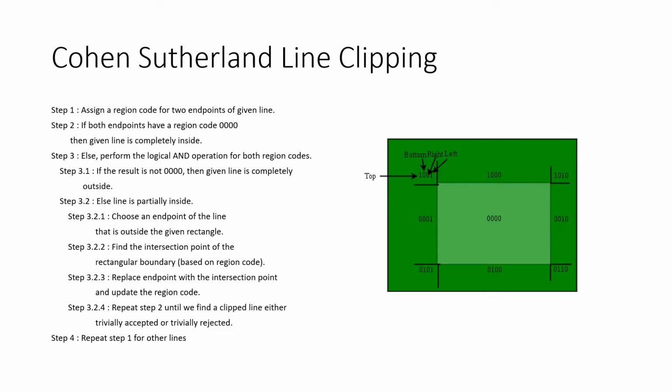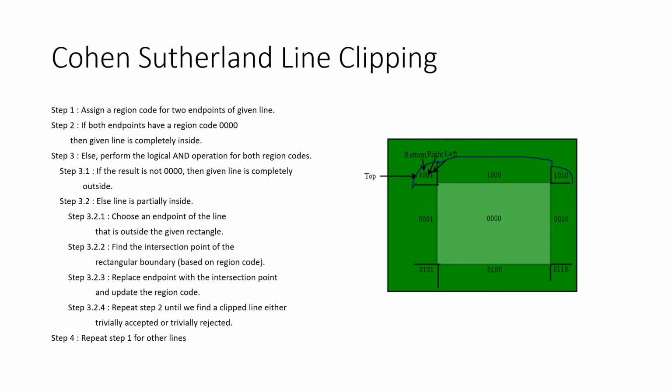This was generated using the top, bottom, right, left approach, where we can generate the region code based on their placement. So if a point is placed over here, it is actually on the top left side, so it is going to have the region code 1001. Anything lying in this region is going to have this region code. Anything lying under this region is going to have 1000. Anything lying over here is going to have 1010.